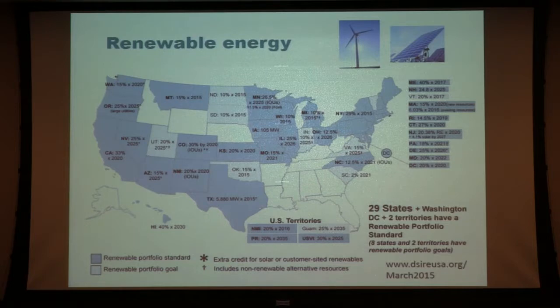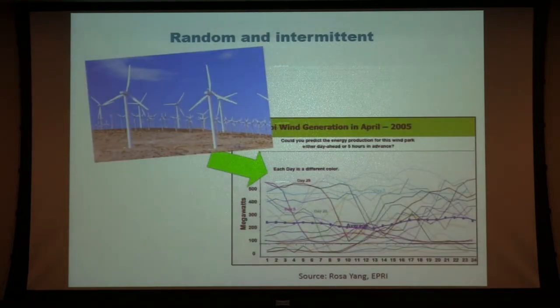So people propose to use more and more renewable energy, especially in, for example, California, Hawaii, and New York State. There are a few states that are very aggressive. We should use more renewable energy to make sure the energy system is sustainable. The difficulty, compared with the traditional power plant, is first that the generation of renewable energy is very different. How much they generate is not controlled by humans. It's random and intermittent. This is one example for wind.